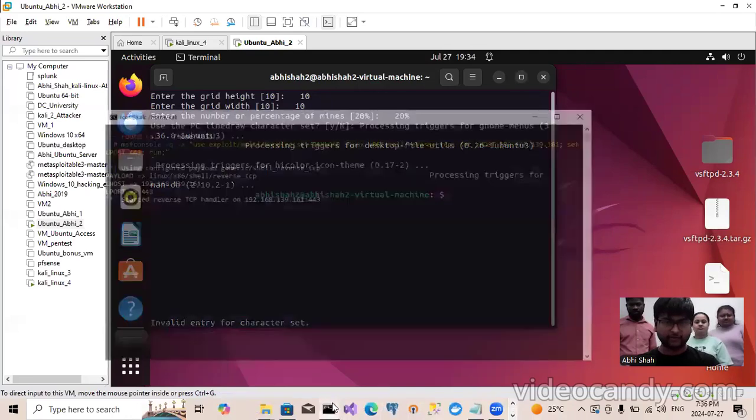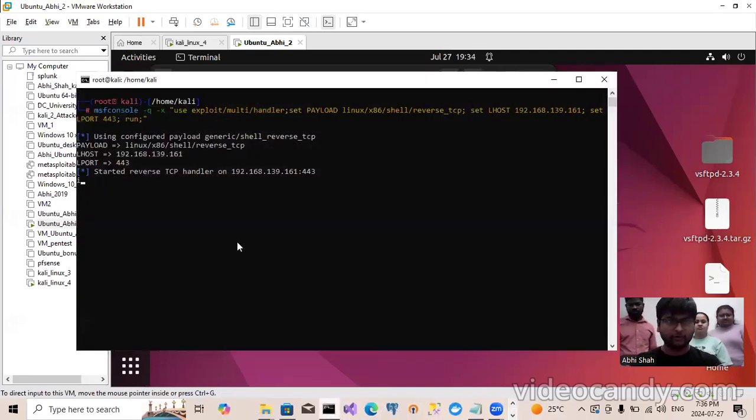The Kali Linux machine gained the access. So if I run this ipconfig,